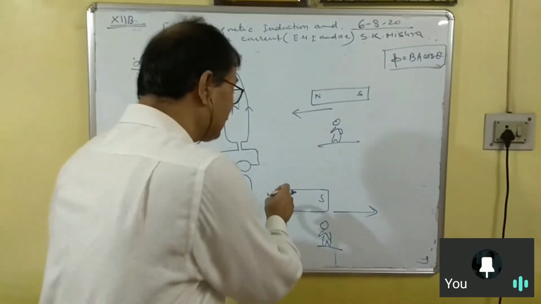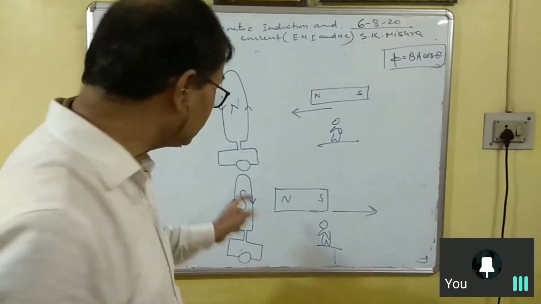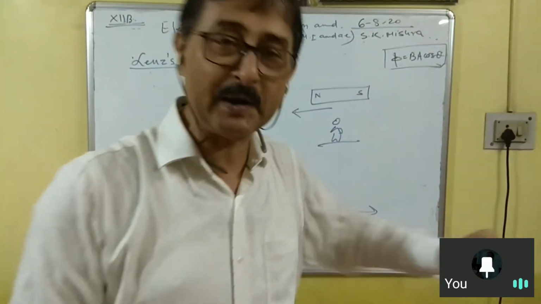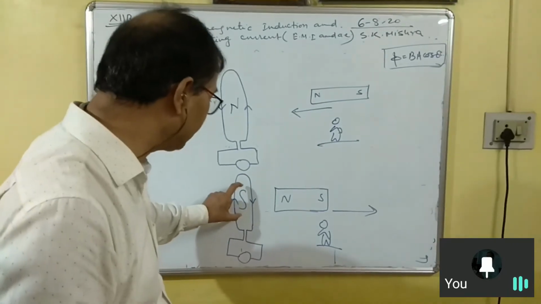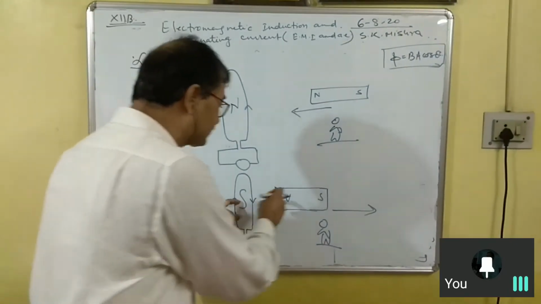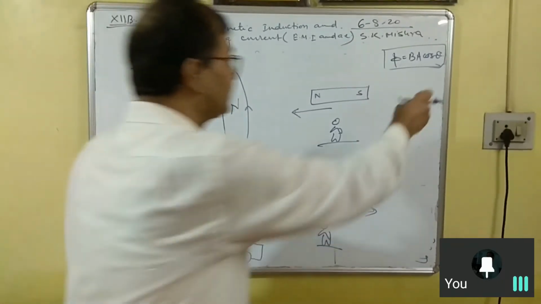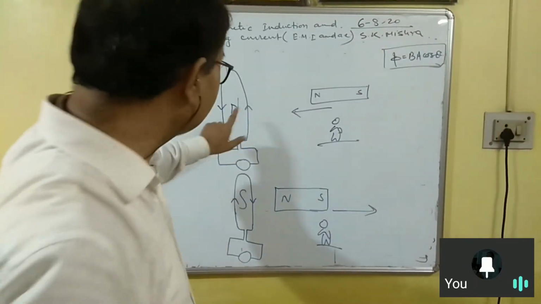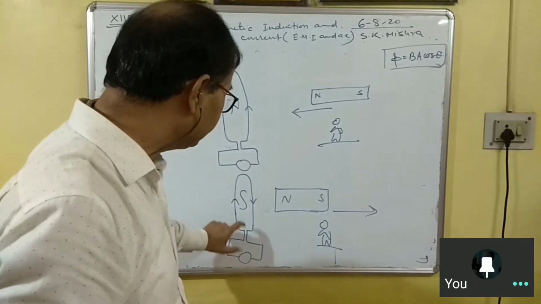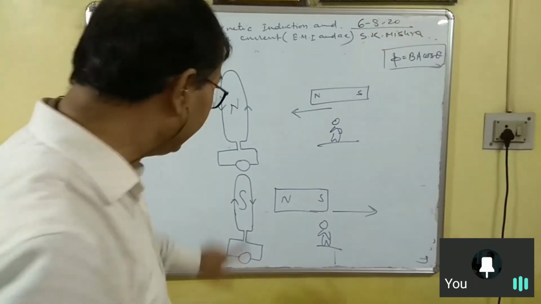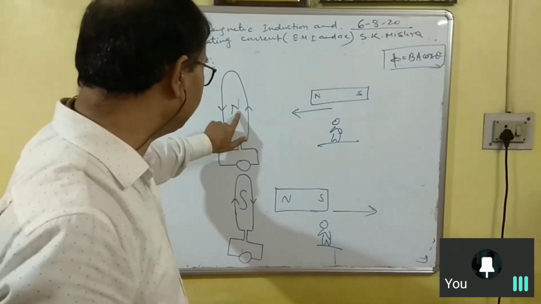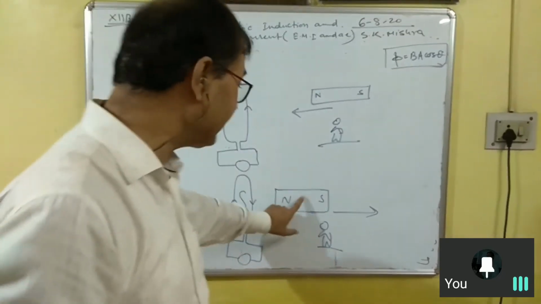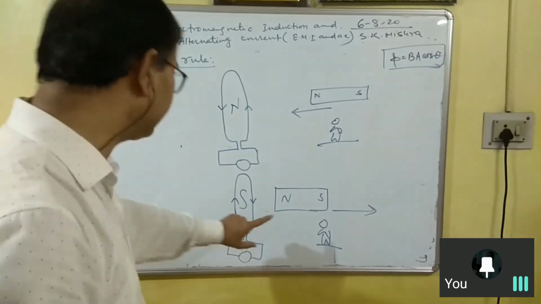The reason is, since you are bringing the magnet away from the coil, the flow of current will be such that it will oppose that very reason which produces it. So why is the induced EMF produced in the coil? Because the magnetic flux linked with the coil is going to decrease. And when you bring the magnet towards the coil, the magnetic flux linked with the coil is going to increase. So in the first case it is increasing, in the second case the magnetic flux linked with the coil is decreasing. So accordingly, this face will behave as south, this face will behave as north. Accordingly, the direction of current will be clockwise or anti-clockwise, as seen from the side of the magnet. But the person whosoever is standing this side,